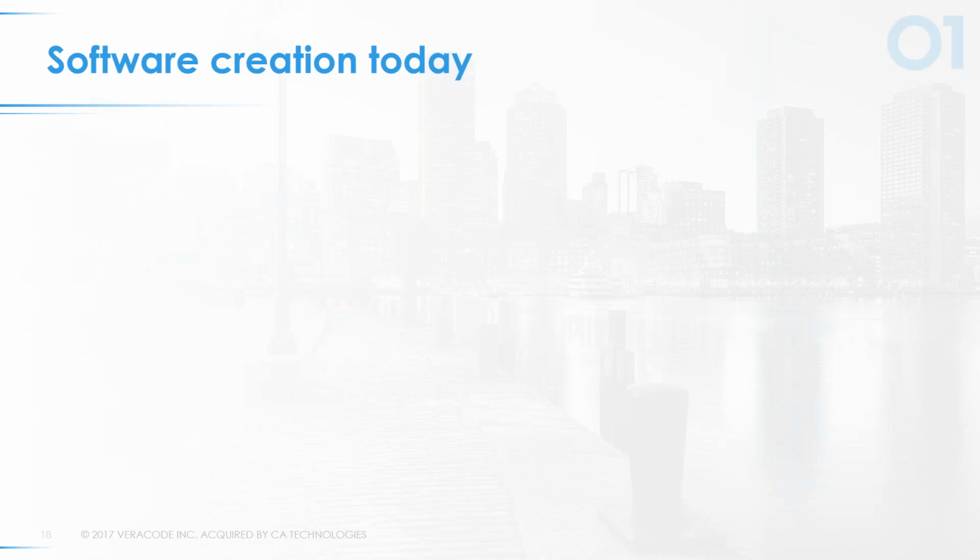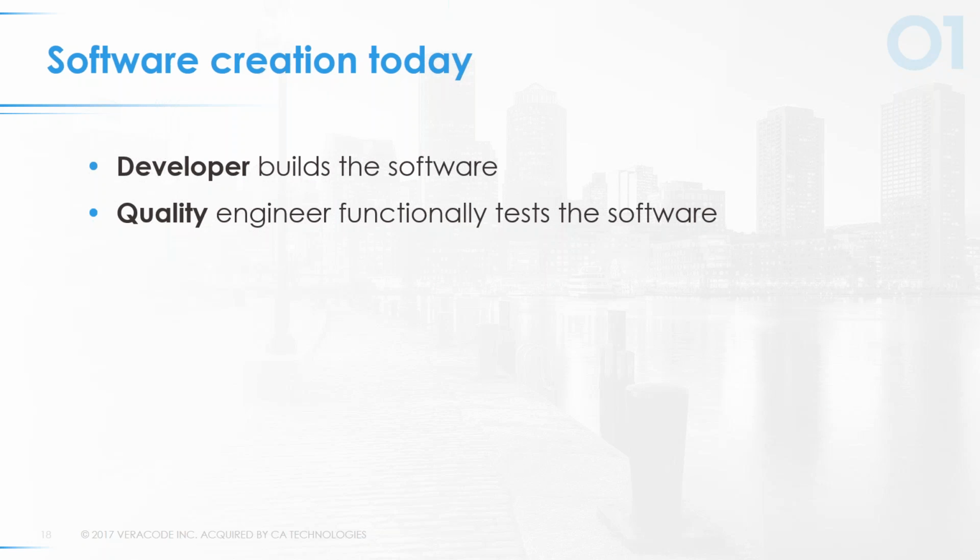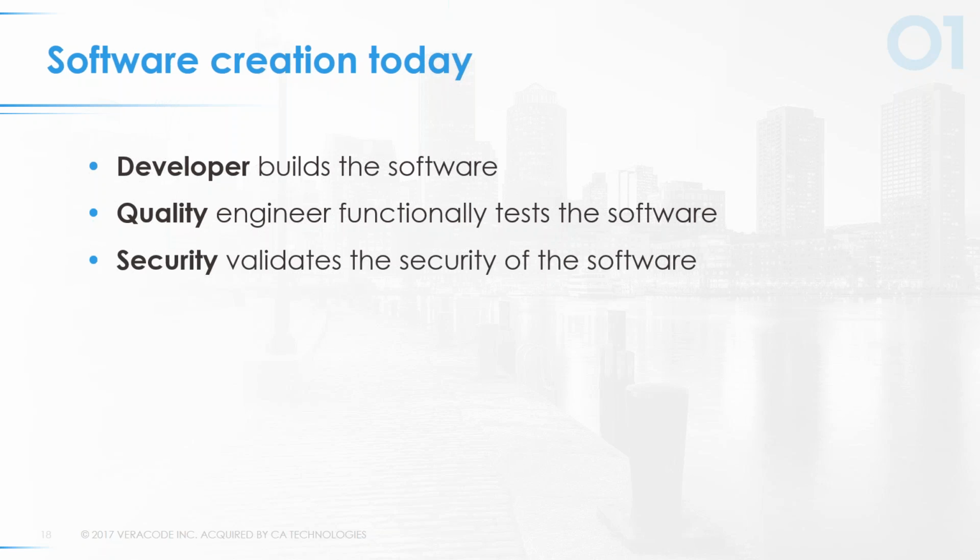So distributed responsibility. So the way software is created and deployed today, a developer will pick up and build a story, right? They'll create the software, they'll check that in, and then a quality engineer is going to go through and look at that and test the functionality of the software. Security will come in later on, validate that it passes their requirements, creating bugs along the way, obviously, and doing this kind of batch work.